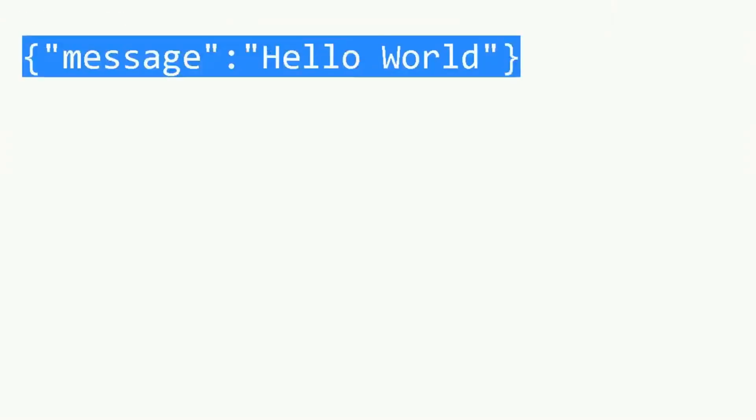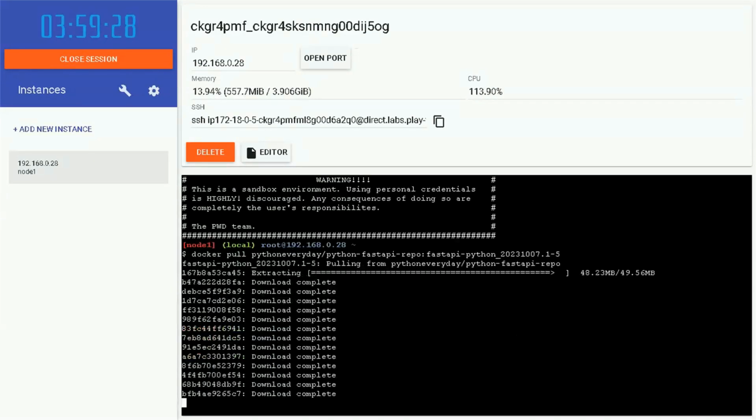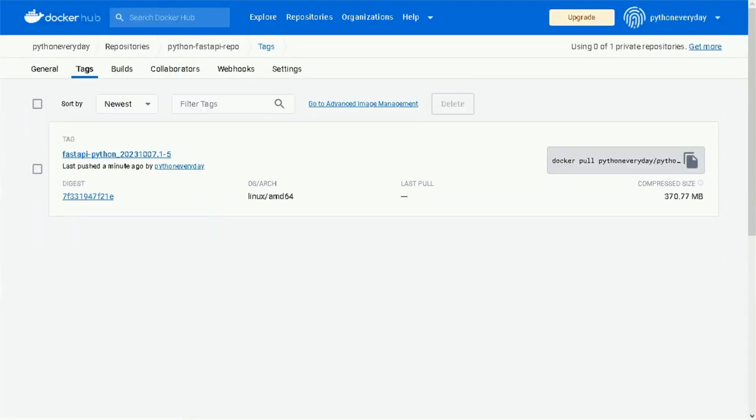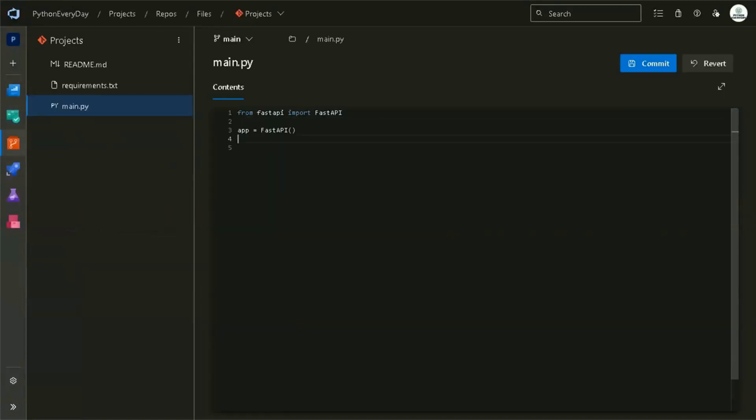This is a web page, running by the FastAPI server of Python. This server is running on a Docker container, using our custom-built Docker image. Let's see how. In our previous video, we saw how to build an image of FastAPI and Python using the